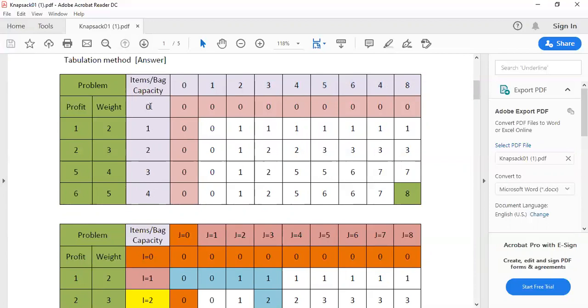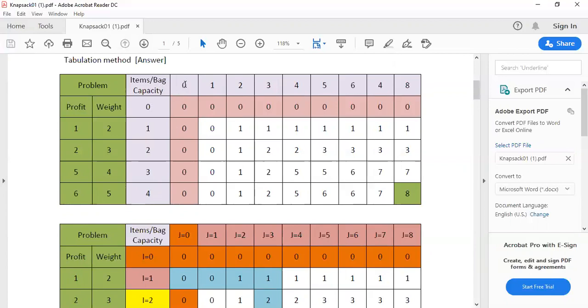So we start with 0 items and 0 bag capacity. In the code, the item number is taken as I and the bag capacity is taken as J. Remember the item numbers: 0 item, first item, second item, third item, fourth item.